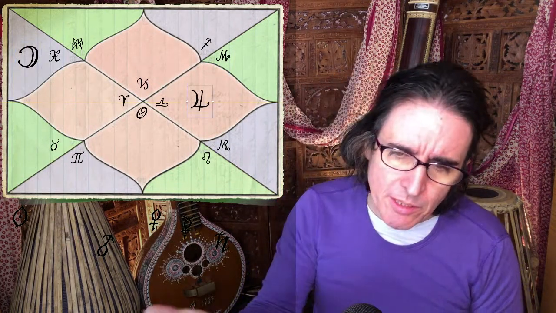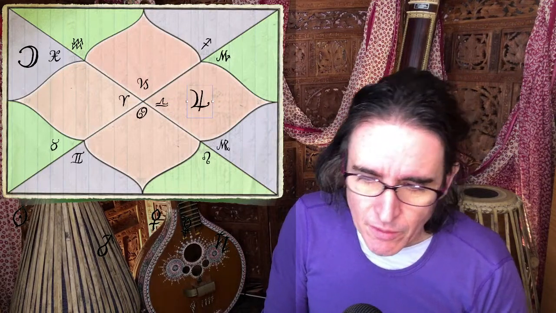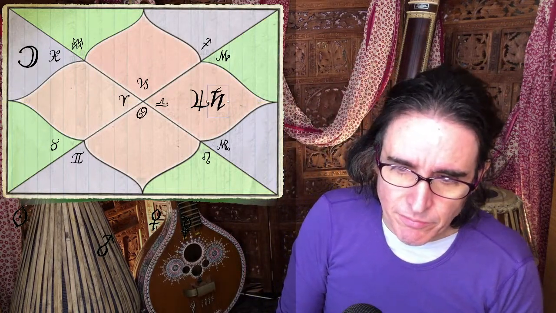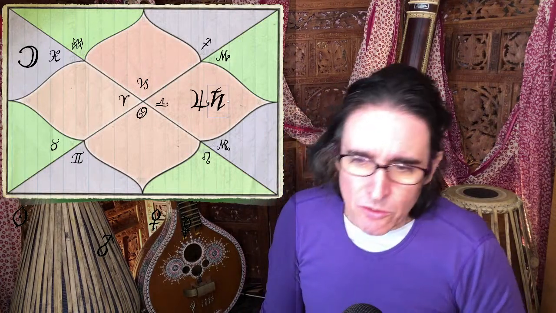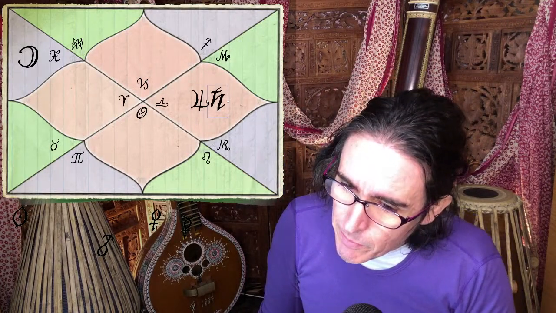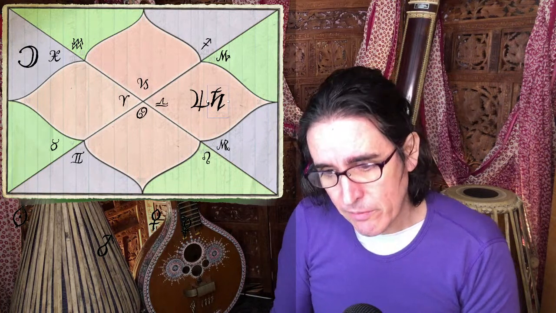So let's say we stick the moon's lord there in the 10th house. Then Saturn has to also be here because he has to join. So this would be a conjunction of the moon's lord and the first lord in a Kendra. And at least Saturn is exalted. Jupiter is not in the best of signs, but at least Saturn is exalted.